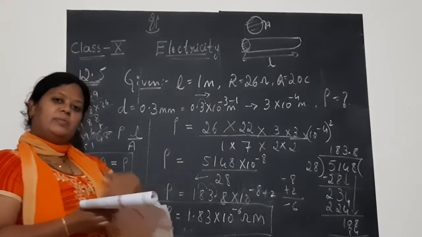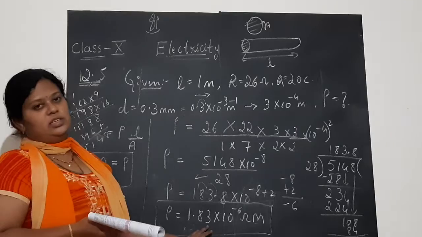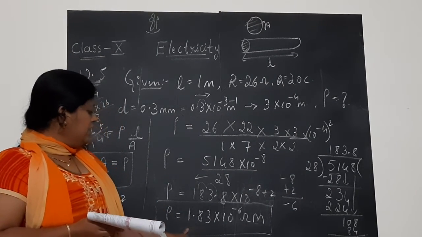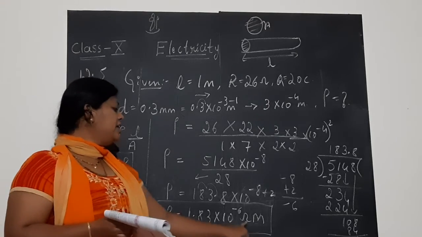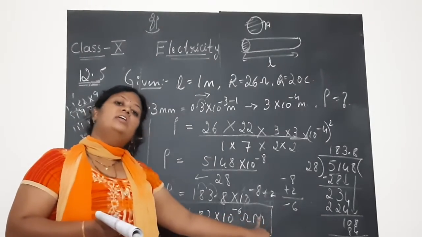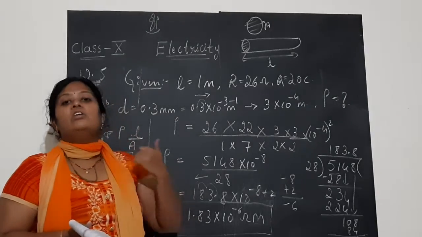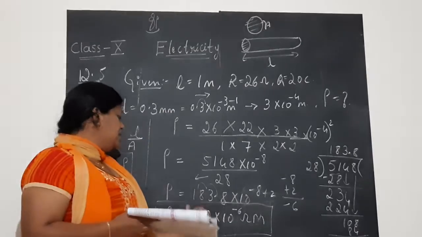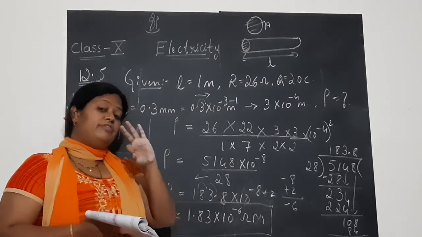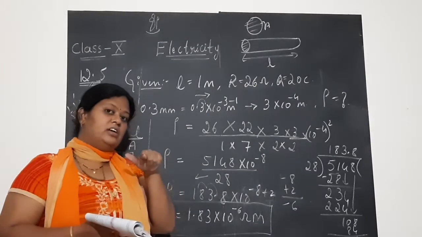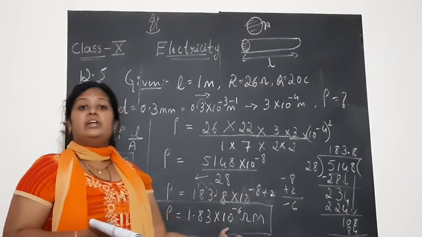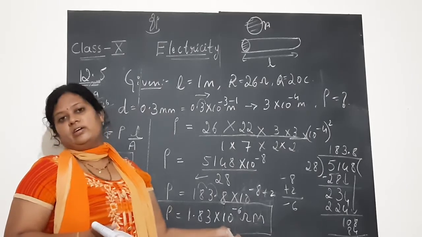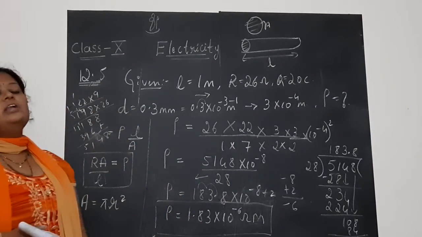Since the table is available on the previous page, here they have asked in the example problem. So, you write one line. Based on referring to the table, the resistivity 1.83 × 10^-6 ohm meter is for manganese. The material of the wire used here is manganese wire. We studied 3 factors for resistance; the third factor was the nature of the material of the wire. This is resistivity. It is the nature of the material. Which wire is used here? Manganese wire. This is about example 12.5.